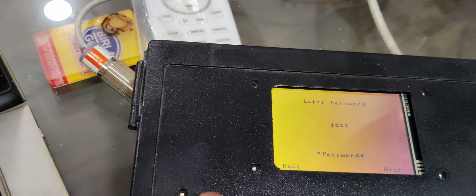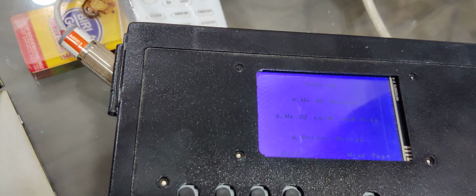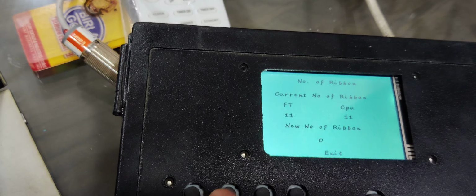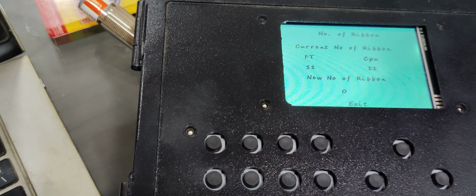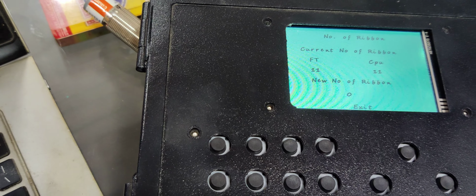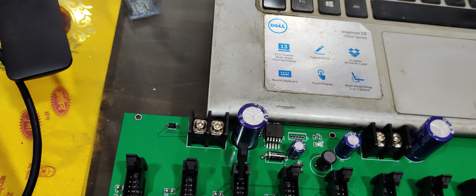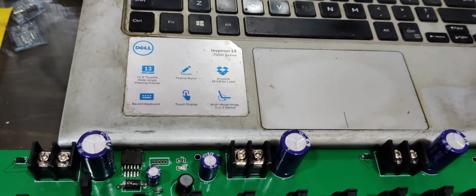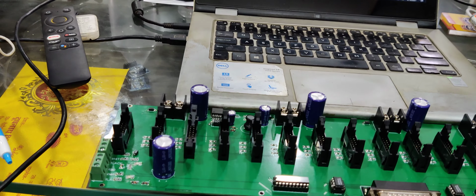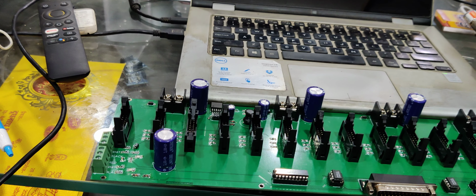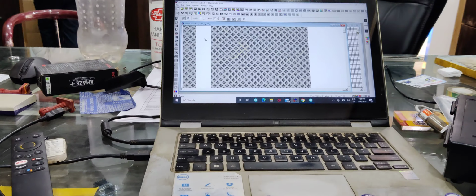Star 11 hash, then 5 1. Now it is 11. So now 11 ribbons will work, and your third ribbon will be vacant, and instead of the third you will put that connector into the fourth one, and now these 11 connectors will work. Okay, so now this will work as a 1056 hook jacquard. Okay, I think you are able to understand my point.